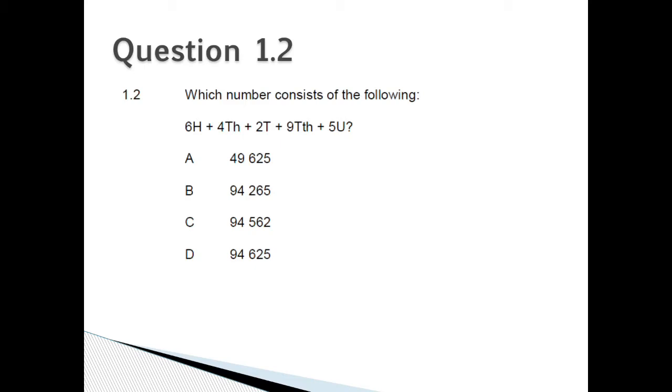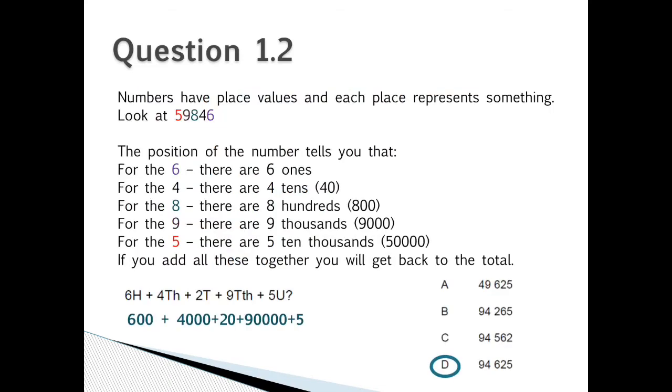Which number consists of the following? 6h plus 4th plus 2t plus 9tth plus 5u. Is it A, 49,625, B, 94,265, C, 94,562, or D, 94,625? Numbers have place values and each place represents something. Look at the number